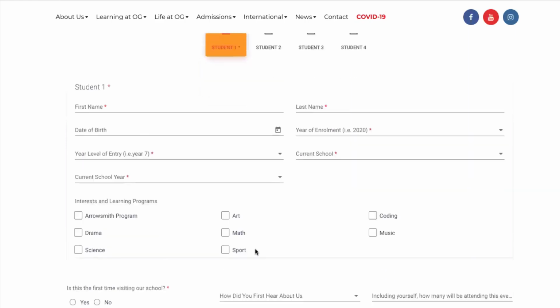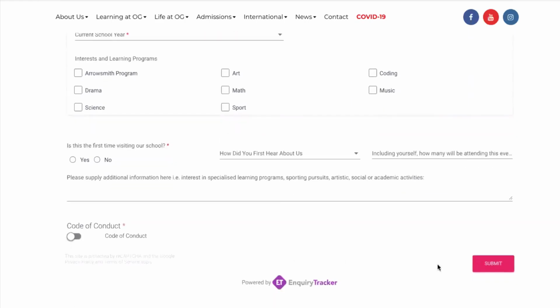And so if I was to fill out this form and hit submit, it would go into Enquiry Tracker and the family would get an email saying, here's the information about our virtual tour. So let's take you through that process. I'm going to go back over here to...